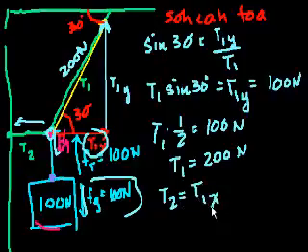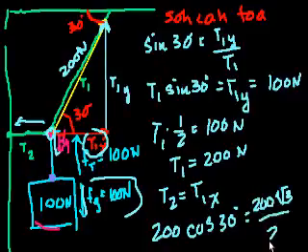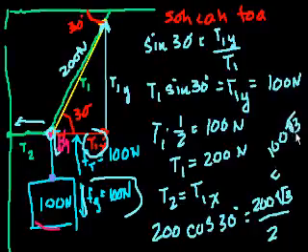And what's the x component? It's going to be the tension in the first wire, 200 newtons, times the cosine of 30 degrees, adjacent over hypotenuse. And that's the square root of 3 over 2. So it's 200 times the square root of 3 over 2, which equals 100 square roots of 3. So the tension in this wire is 100 square roots of 3, which completely offsets it: it's to the left, and the x component of this wire is 100 square roots of 3 newtons to the right.